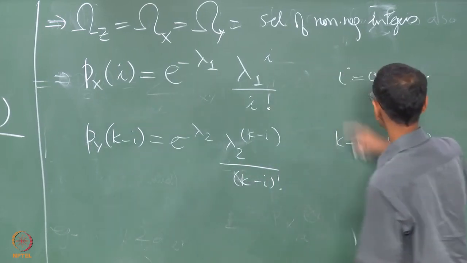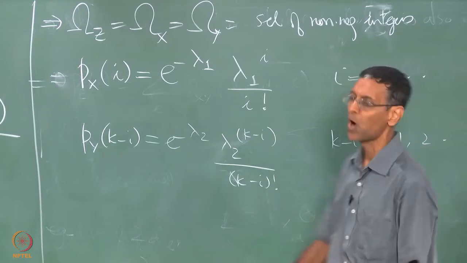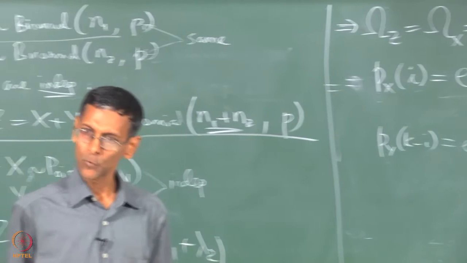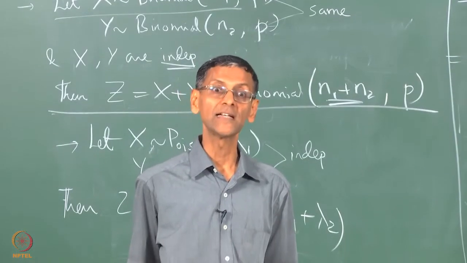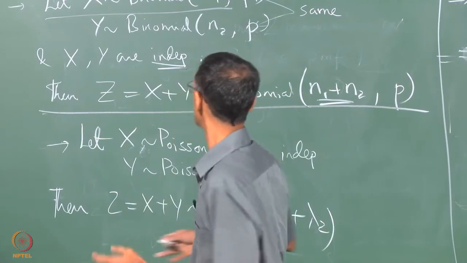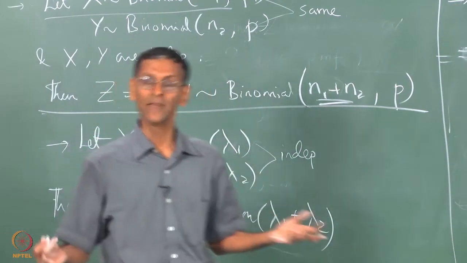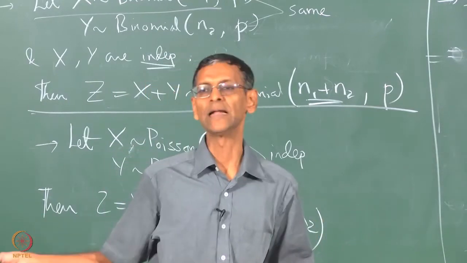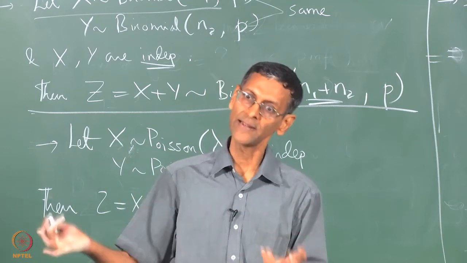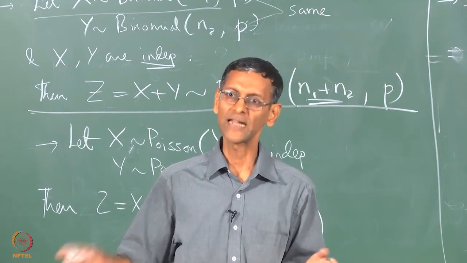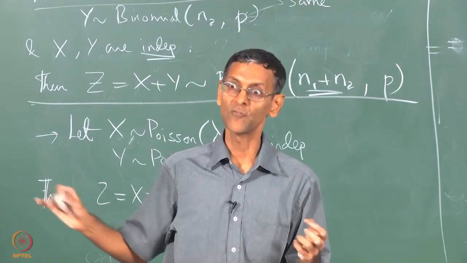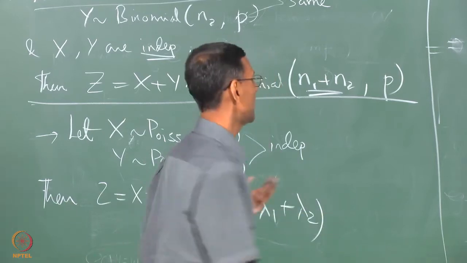But note that, between these two, what are the allowed values that you are going to look for i? I cannot go negative, it cannot go less than 0, it cannot exceed k either. So if you freeze k and ask what is the probability that z takes the value 5 or 10, I can only go between 0 and 10 or 0 and 5. You can get the pairs 0, 10, 1, 9, 2, 8, but you cannot get 11 because you cannot add two non-negative numbers, one of them being 11, and get 10. So therefore